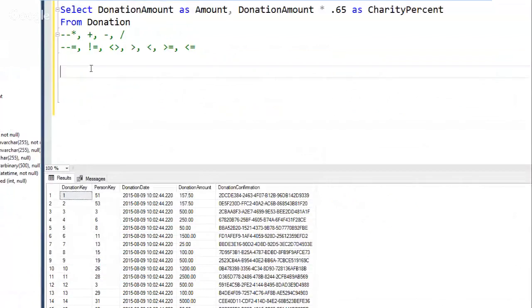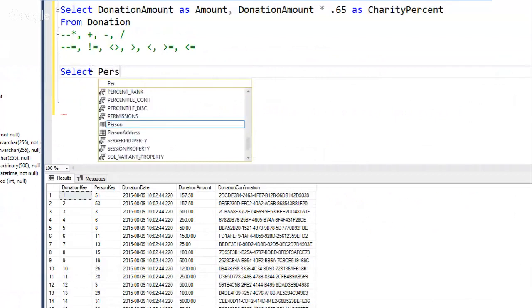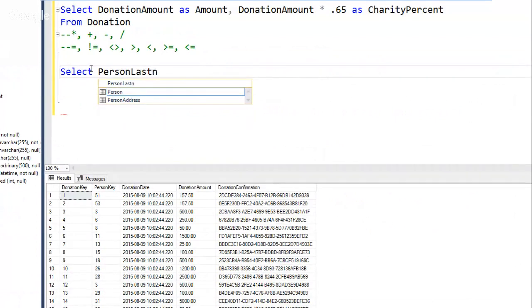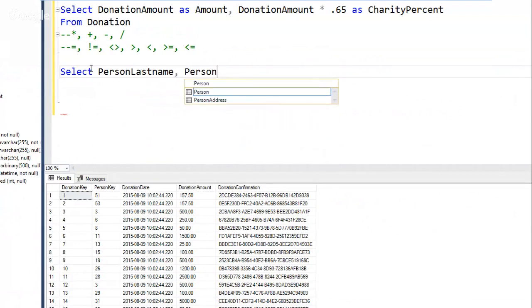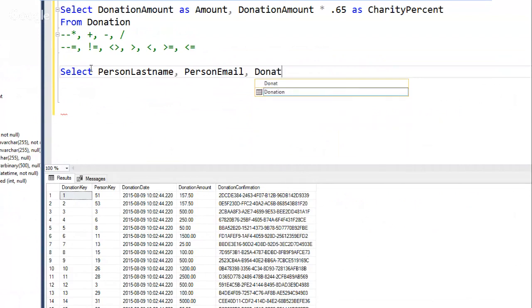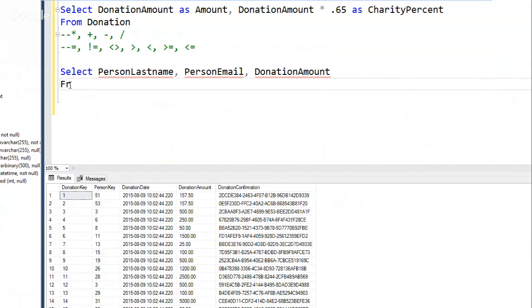This will be a little confusing, but it'll be useful. So I'm going to do select person last name, person email. I'm going to do donation. Do I want just the amount or do we want the date too? Let's just do the amount, donation amount. All right, so these come from two different tables. The person last name and the email come from one table, and then the donation amount comes from another. So what I'm going to do is say from one of the tables, from person,